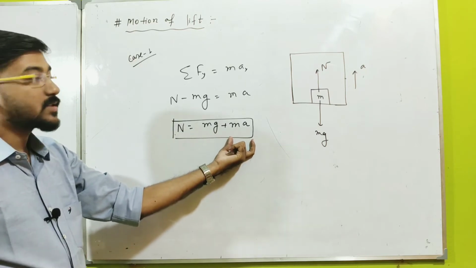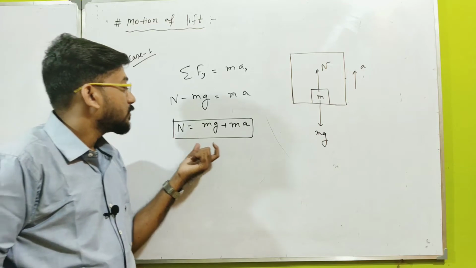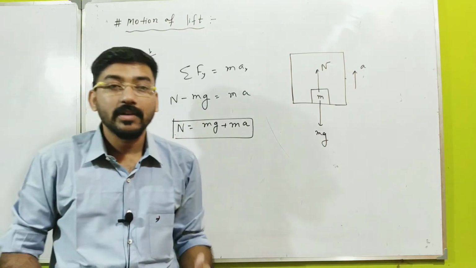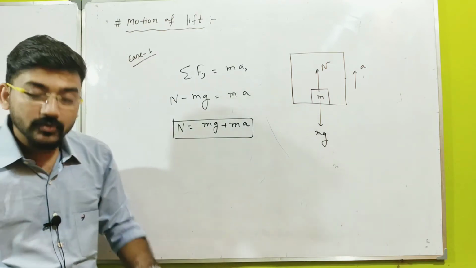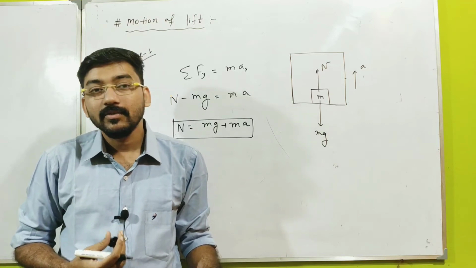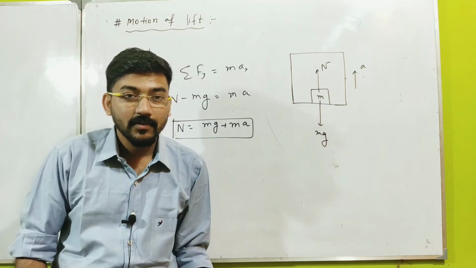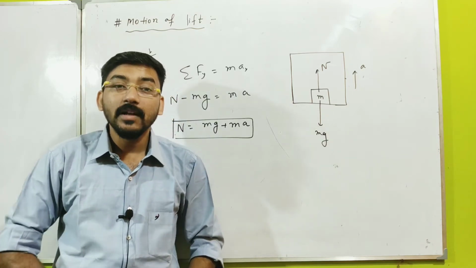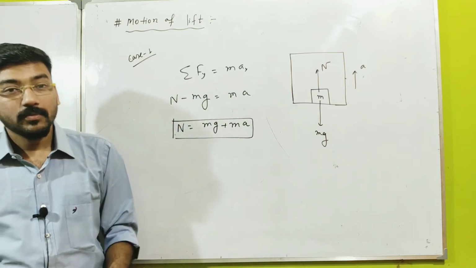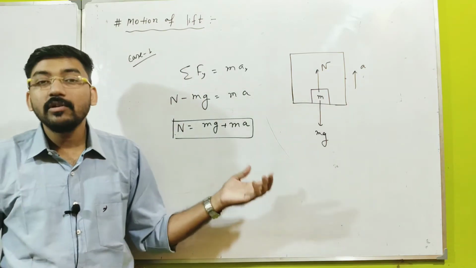This extra ma is added to its normal reaction. What is the weight that we actually feel, in the form of normal reaction? If you give a force mg on the ground, the ground will react with the same force, that is N. So we actually feel N, not mg, because mg is given by us to the ground, and when the ground gives us the force, the normal reaction, then we feel the normal reaction. So the weight that we feel is actually the normal reaction.